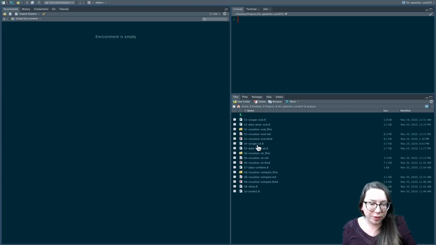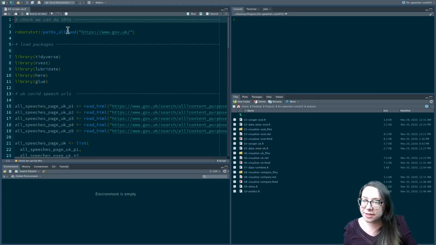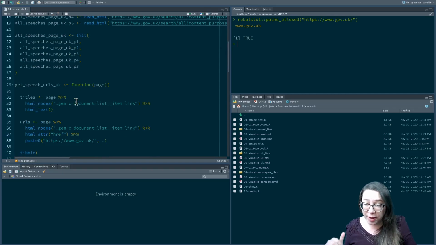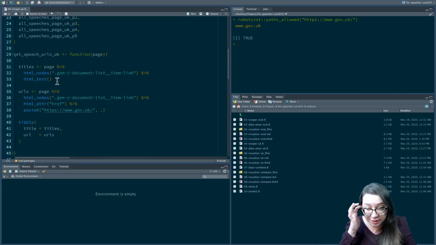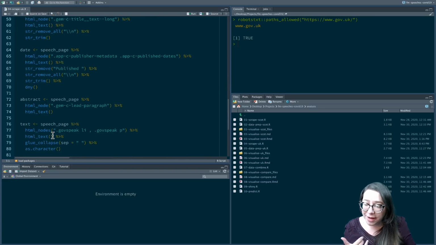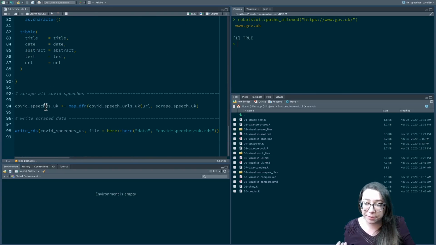So to compare these two, we have to again start by getting our data. So this time we're going to get our data from the UK government website. So we start by checking to see if we are actually able to scrape the data, and it looks like the answer is yes. And once we have this information, we can now basically go through the same process, get the URLs, write a function that scrapes the data, and then saves everything to a data frame. And at the end, we're going to save our scraped data as COVID Speeches UK. So I'm not going to run through this here, but the code for it is available in the repository if